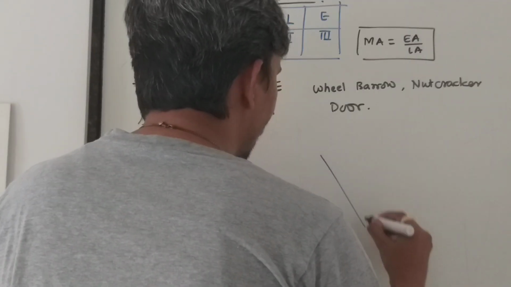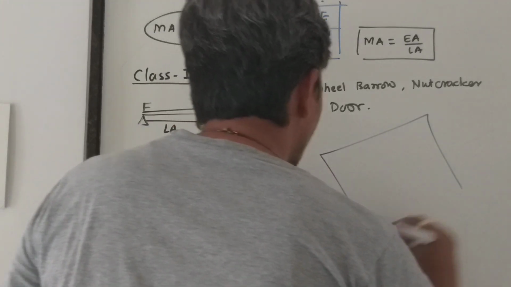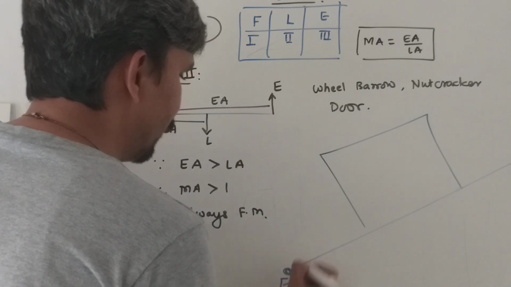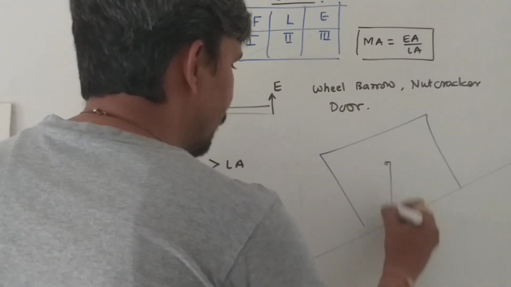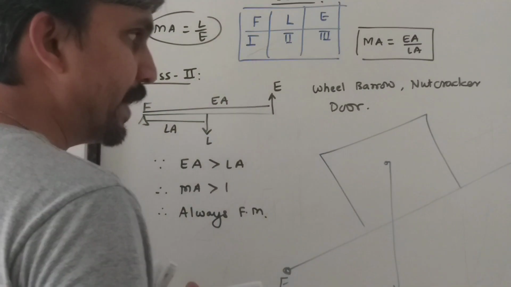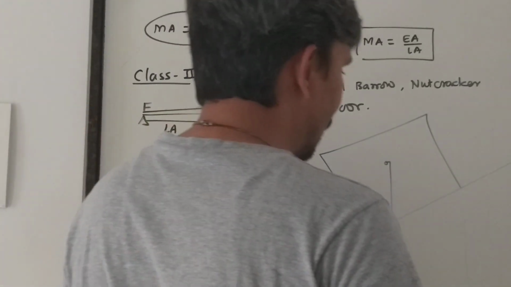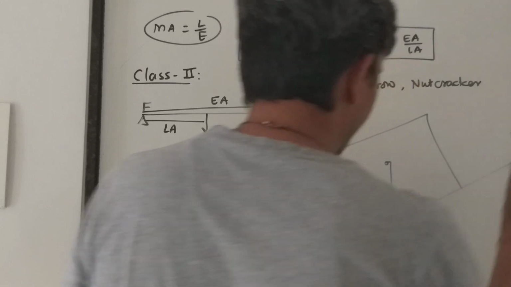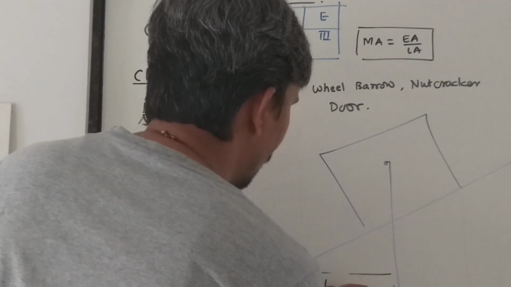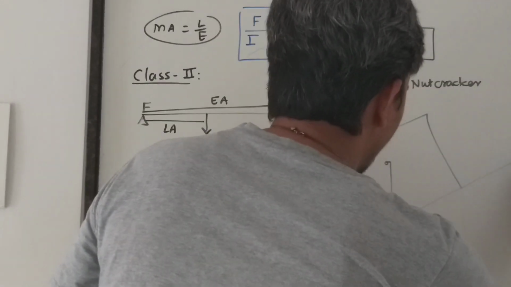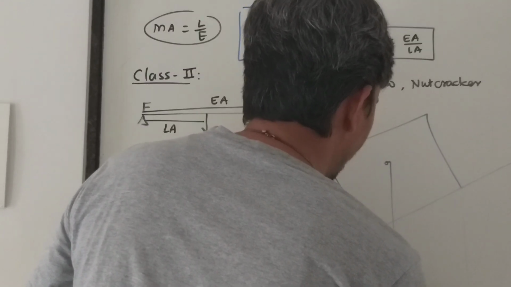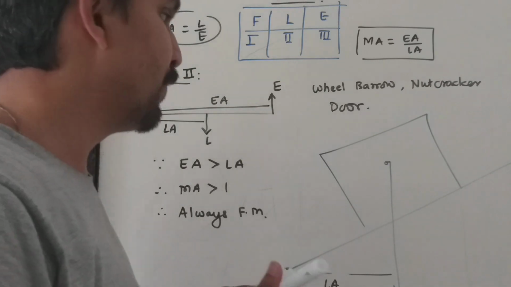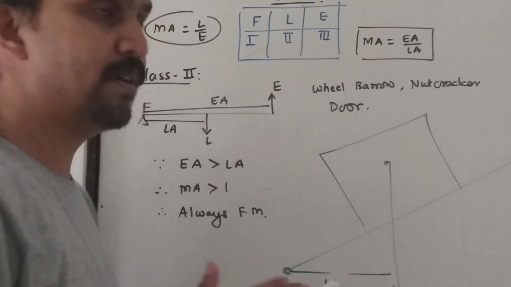Now check the example of this wheelbarrow. So this is a wheelbarrow. At a construction site we use it. This is the wheel where the fulcrum is. Here is the load, where you can take a brick, and from here you are lifting this object, right? You are lifting this, therefore this is the effort. Now this is your load arm, right? This entire part is called the effort arm. So since your effort arm is greater than load arm, therefore your MA is greater than 1.